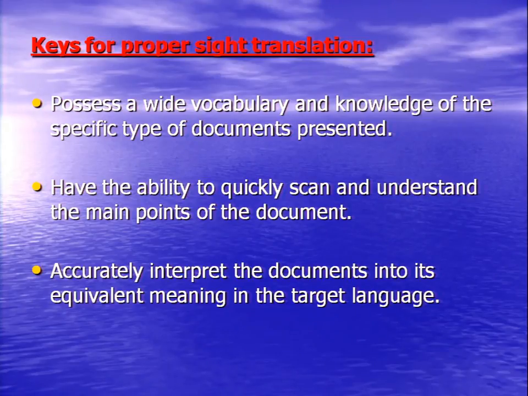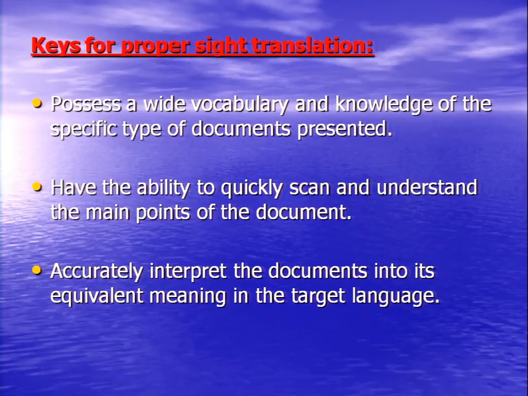That's exactly my point. Never, ever start jumping in and interpreting. Always give yourself two or three minutes to read the whole thing. What you're reading and what you're looking for is the content. Read for the content, and once you grasp what the document is about, it's going to be easy for you to interpret. Remember, when you grasp the meaning, the interpretation will follow. You cannot interpret what you don't understand.